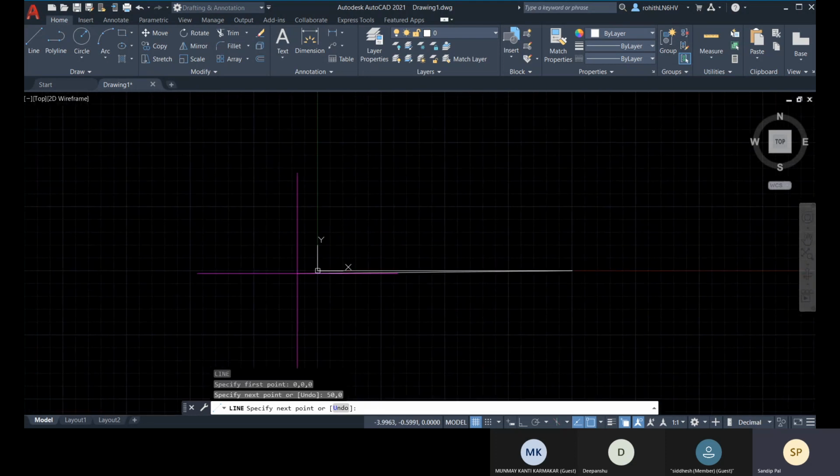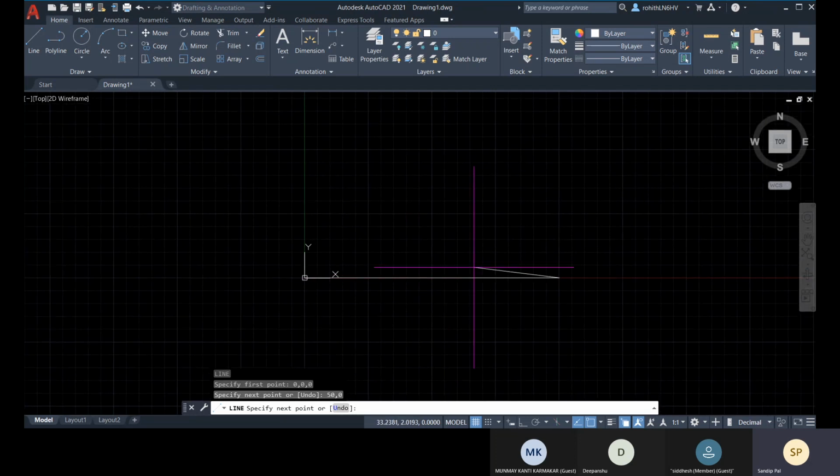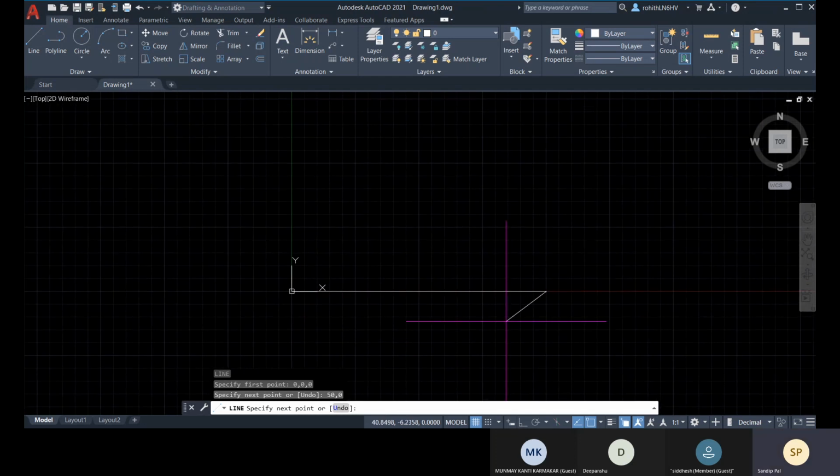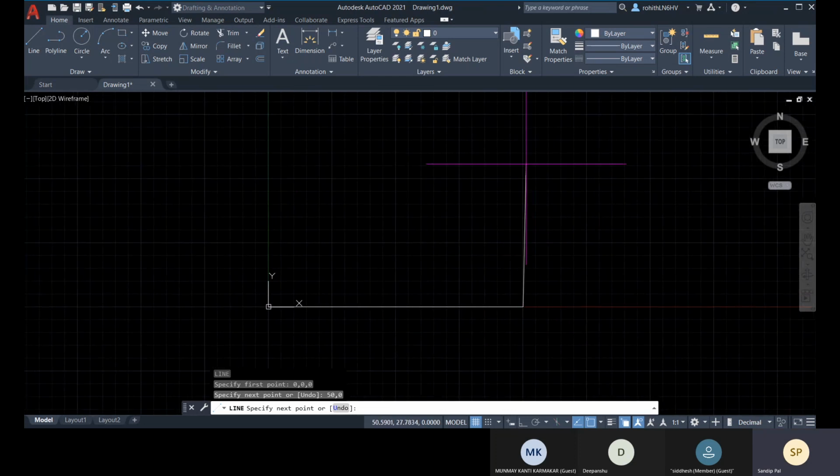Here you can see that based on 0, comma 0 and 50, comma 0, we have created one line segment. This one line segment is an individual object. From the last end of your previous segment, it will continue to create another segment. So you don't have to place 2 points now.